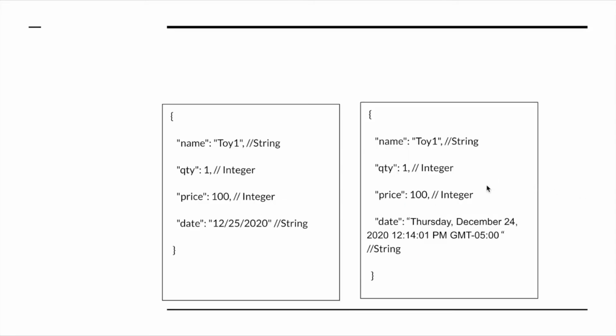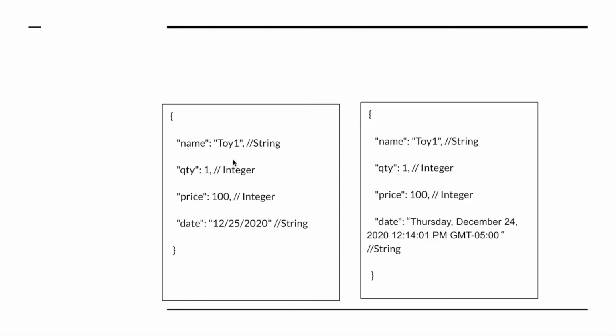Let's say, consider an example of an e-commerce website where you want to check how many products are in your cart. So what will you do? You will make an API request to the server and ask for the cart details for a specific user ID. Your client is expecting a JSON with four parameters: name of the product, quantity, price of the product, and the expected date of delivery. Now this works fine. So the left side that you see is working fine because that is the actual contract that you signed with your backend engineers, that these are the formats that they will send the data in.